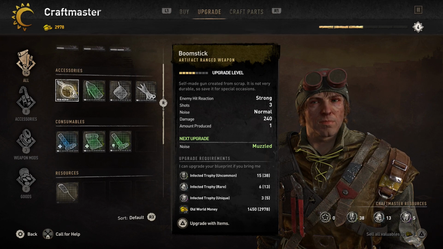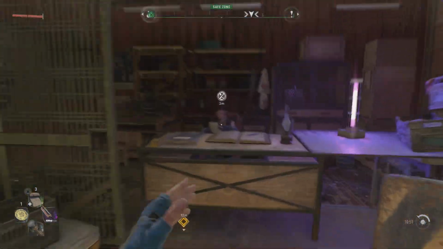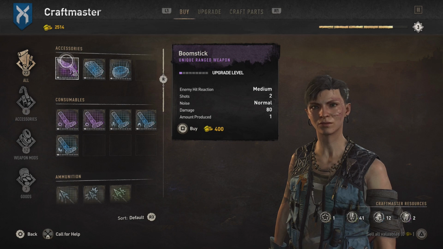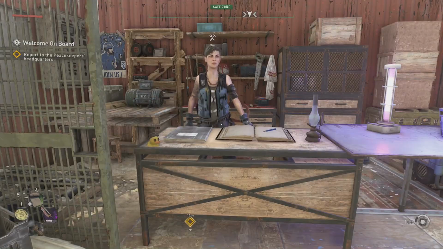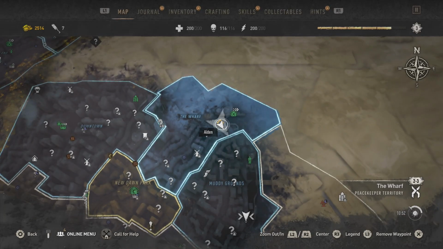Like if you're using a controller, all you have to do is tap the left trigger and you have it out already. You can craft this thing over and over for 100 scrap, but only after completing the main story mission called Observatory. Once you complete Observatory, you can head over to pretty much any craft master. I got mine here at the Fisheye Canteen, but you should be able to get it at any of the